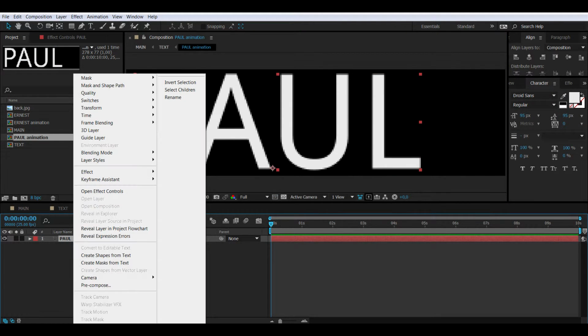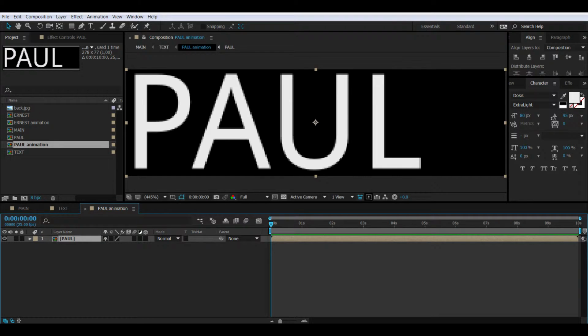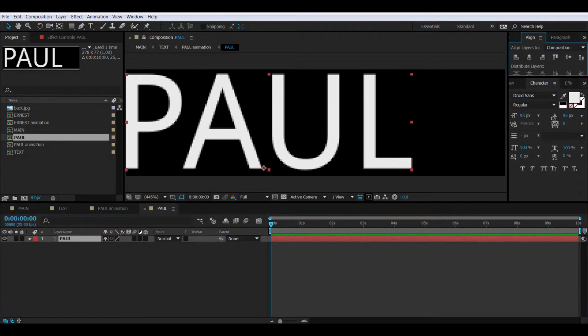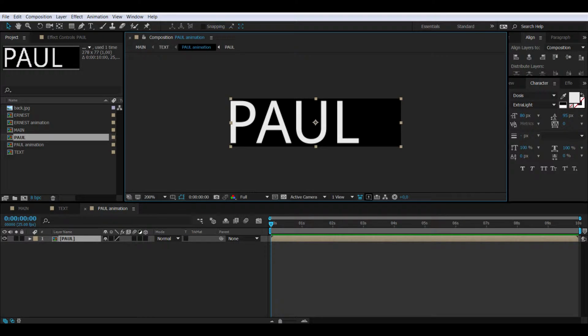Now I will pre-compose that layer and I will call it Paul. Okay, and in this new composition, Paul, I will adjust the text to the left side by using the align tools. Okay, so back into Paul animation, I will go to second number one, I will put a keyframe on position by clicking P, keyframe, click on the stopwatch, I will go to second 0, move out the layer,